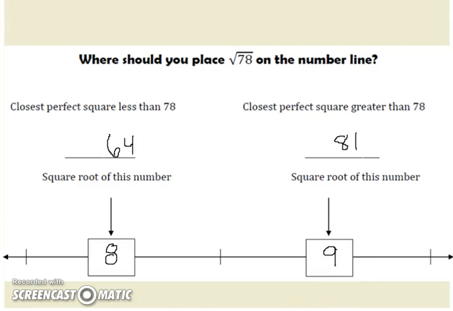So now if we think of what's closest, if I do 78 minus 64, it's 14 away from 64. If I subtract 81 minus 78, it's only 3 away. So a good estimation for the square root of 78 would need to fall somewhere really close to the square root of 81, which is 9. And if you're going to approximate it as a decimal, I would probably say about 8.7,